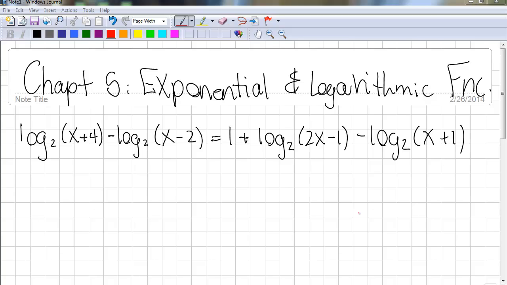Today we're going to be doing a question from chapter 5, exponential and logarithmic functions, and this is the problem that we're going to be working on. Log base 2 of (x plus 4) minus log base 2 of (x minus 2) equals 1 plus log base 2 of (2x minus 1) minus log base 2 of (x plus 1). So our first step is going to be finding the non-permissible values,